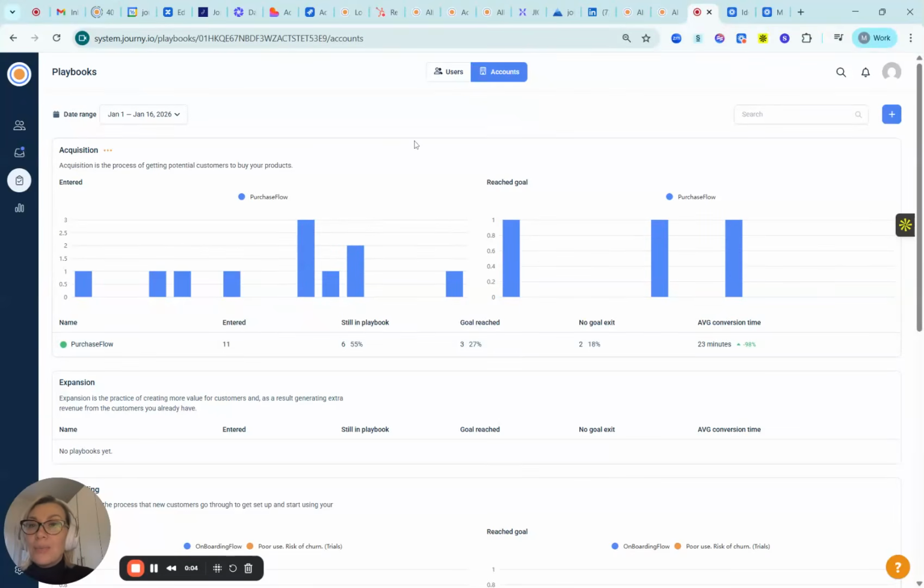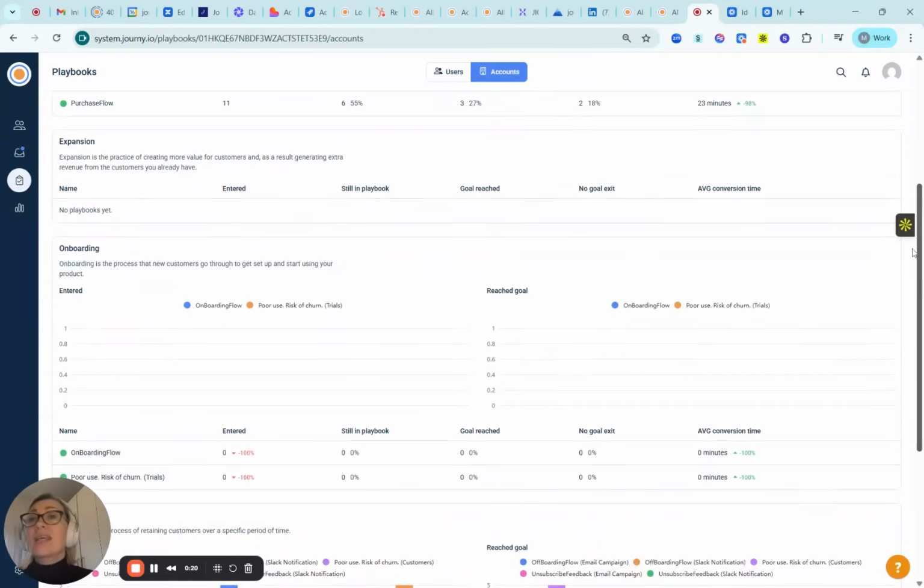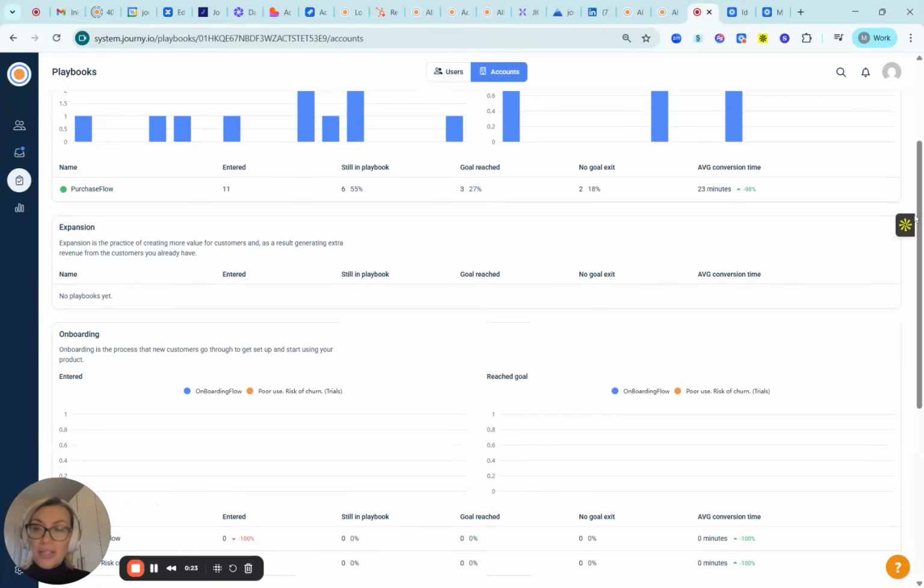I want to show you playbooks that we have ready to go and for you to use in automation. This is the coolest part of Journey.io: the actions that can be automated. So you don't have to rely on your customer success team or your growth team to actually take action from the insights that you retrieve from your different data. Here you can automate those actions and that can play directly in your product or in your organization 24/7